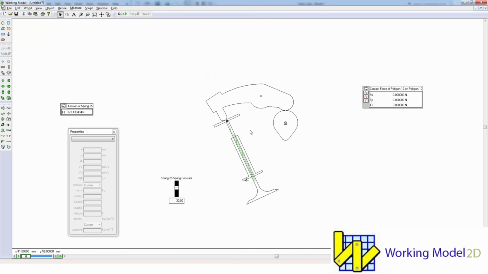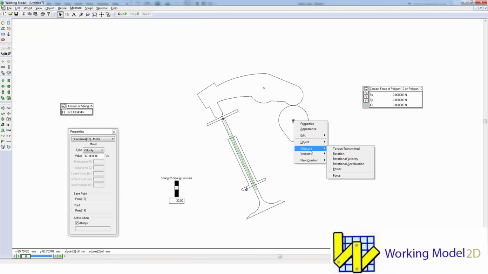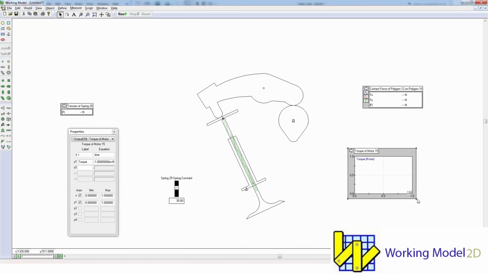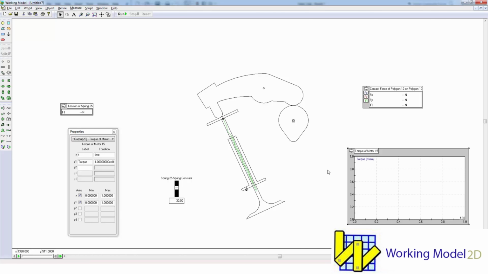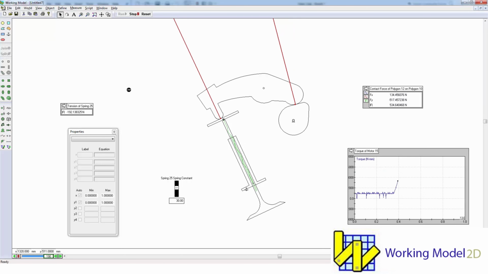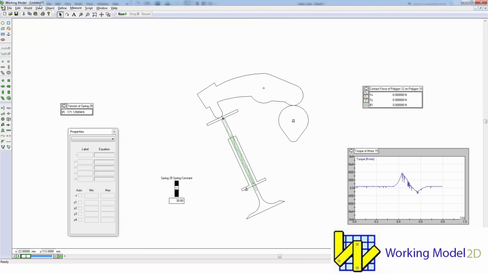Okay. Now, like we talked about in the other video, we can do other things in here and begin to add complexity to the model. So for example, if I wanted to study the torque on this motor, I can create a measure for the transmitted torque. And let's just expand that to a graphical form, and let's bring the corner out a little bit. Now I can run this simulation like it is right now. I do have a little bit of noise in there, but you can see the clear trend once it starts to simulate. But I can stop this and I can retain these meter values.